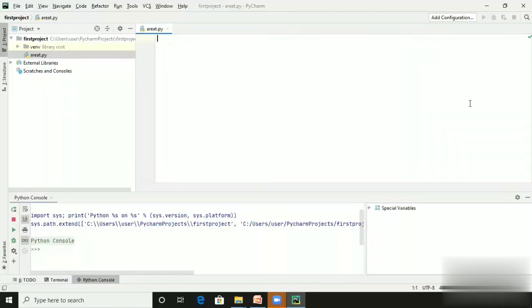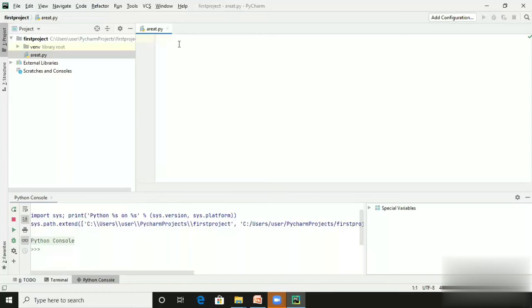And this is called your canvas to do the coding, or it is called the code editor. This is called the menu bar or toolbar to do things. This is called Project Explorer. This is called the Python console or output window. This is called the watch window; when we are doing debugging, the special variable watch window is useful.